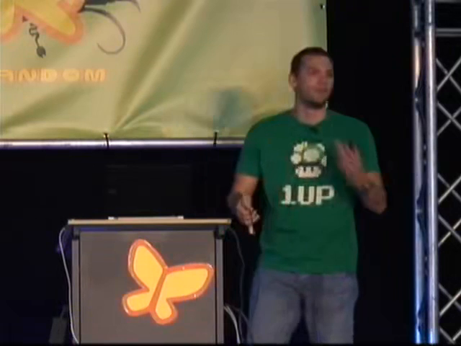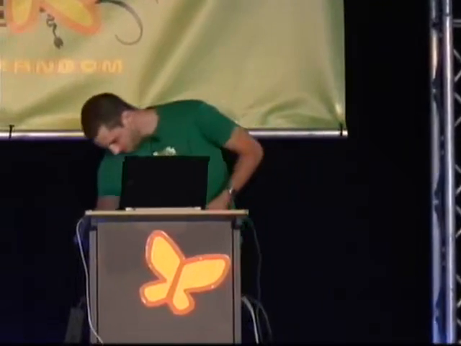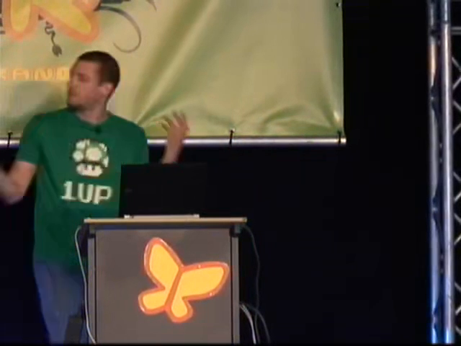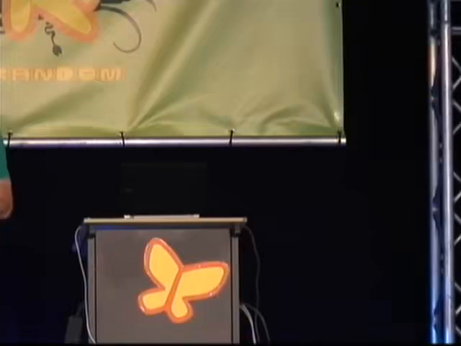But this basically shows that just from the signals coming from a chip, you can deduce that something's going on in there. Now, where does this come from? The signal leakage itself actually comes mostly from the buses, because they're very long lines relatively in the chip, so they take a lot of power to pull up and down. But also registers and ALUs and all kinds of transistors that are switching actually take up just a little bit of power, but enough to measure if you have big numbers of them.